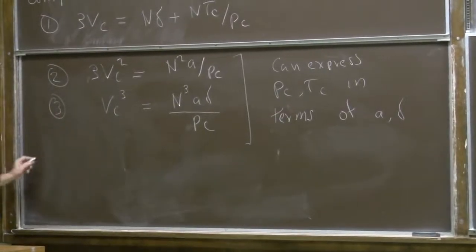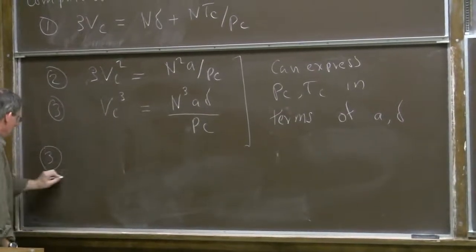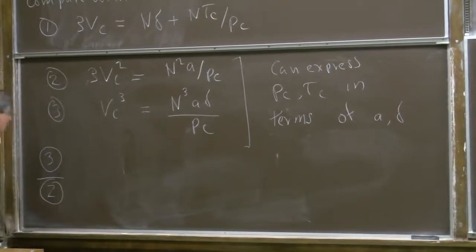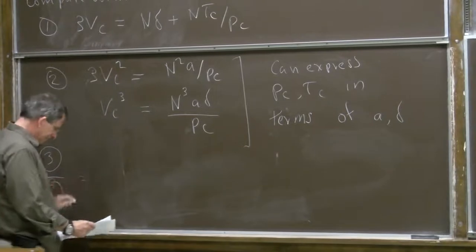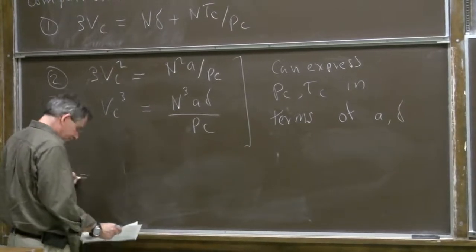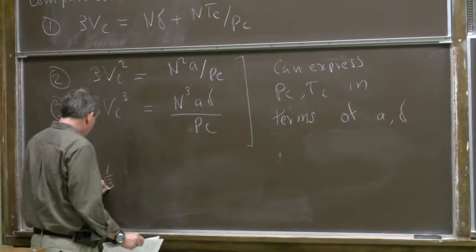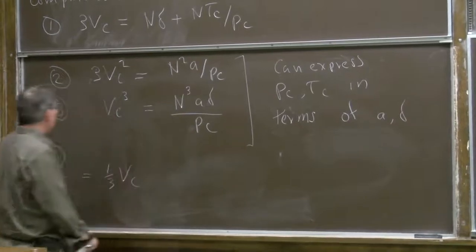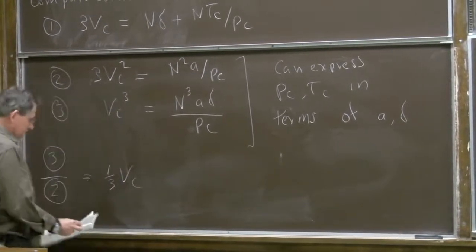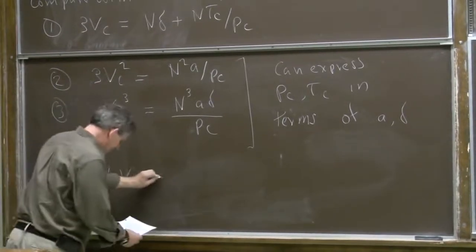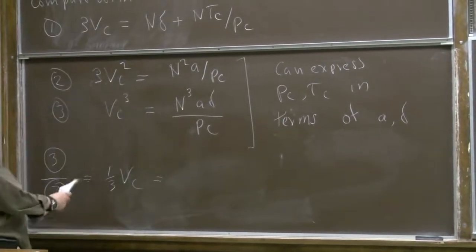Particularly if I take equation 3 and divide both sides by the corresponding sides of equation 2, I have 1/3 V_c when I divide V_c cubed by 3V_c squared, and that's equal to